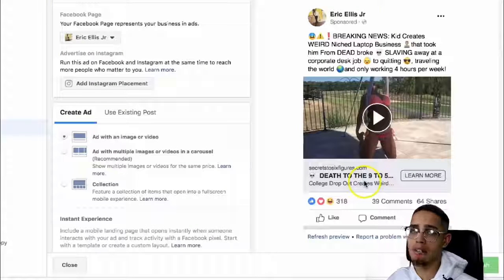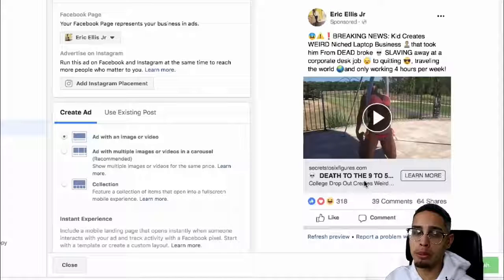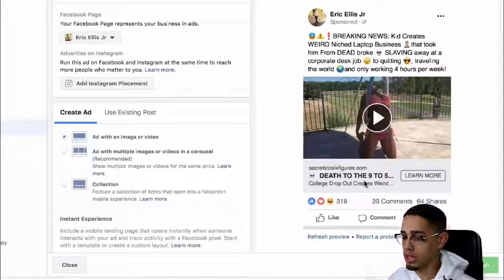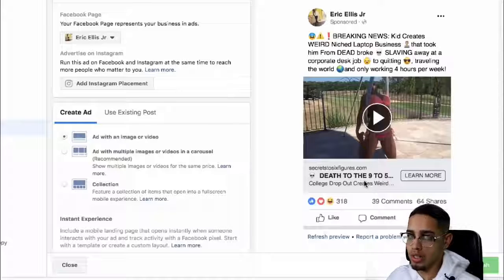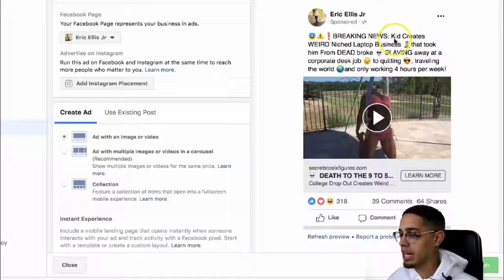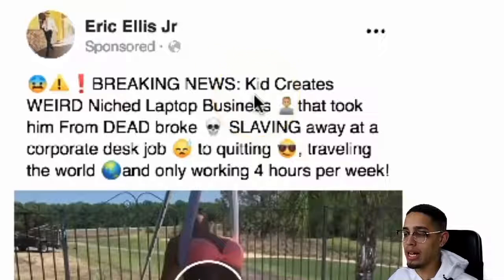So death to the 9 to 5. That is very appealing, right? So what you want to do is play on people's wants and their desires. That's very appealing to people who don't like their 9 to 5, right? Death to the 9 to 5. That's going to pique their curiosity and their interest. Breaking news, that's pattern interrupt. And then kid creates,